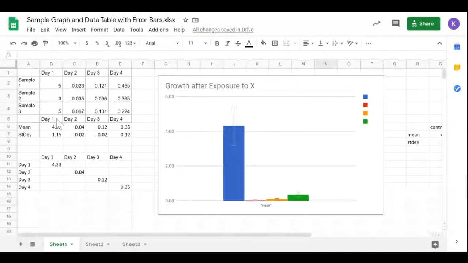So here is an example of a data set. So maybe you had 3 samples and you measured them over time. For example, maybe you did day 1, day 2, day 3, day 4. Maybe this is treatment 1, treatment 2, treatment 3, treatment 4, however you want to do it. All right. And these 3 samples were what you did in triplicate. So remember, you're going to make sure you take the mean of all of that, right? Now, in